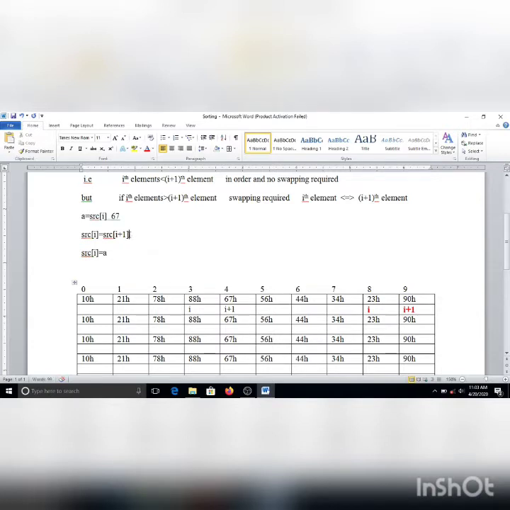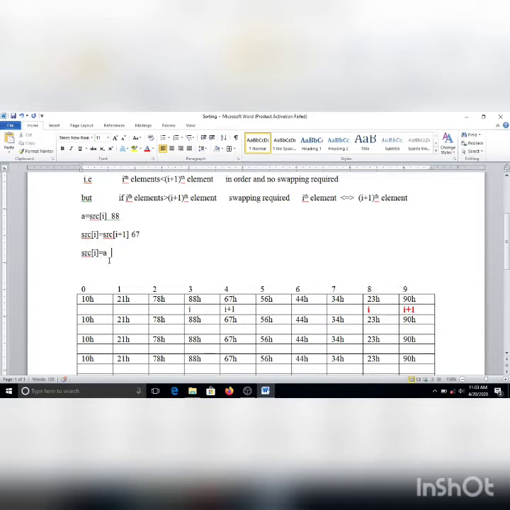This is my source I and this is my source I plus 1. Source I will become 88, source I plus 1 will get the value 67, and whatever value was copied into A will be copied here.